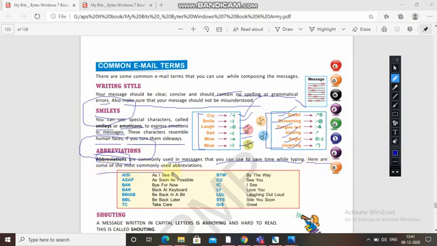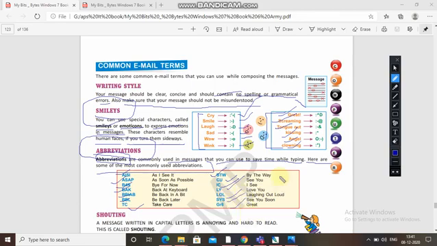Here are some of the most commonly used abbreviations: AISI, as I see it; ASAP, as soon as possible; B4N, bye for now; BAK, back at keyboard; BBIAB, be back in a bit; BBL, be back later; TC, take care; BTW, by the way; ILY, love you; LOL, laughing out loud; CU soon, see you soon.